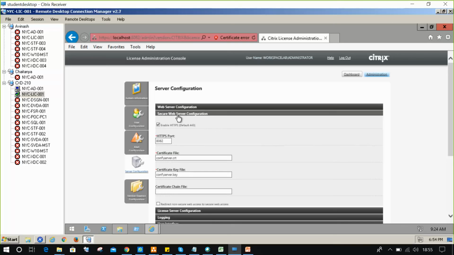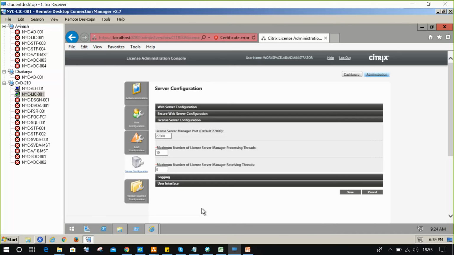And next, license server configuration. License server configuration means the port numbers of your license server. Mostly the license server manager port is 27000.